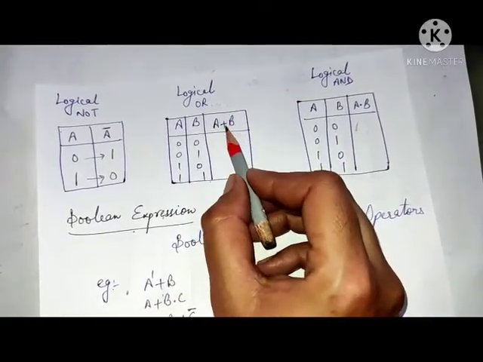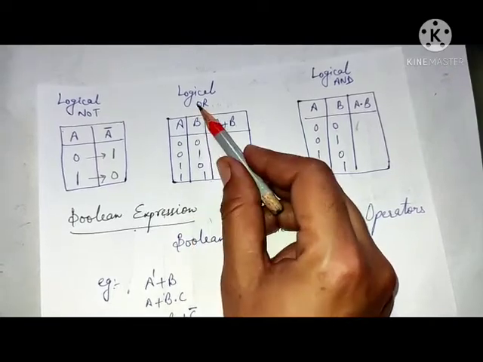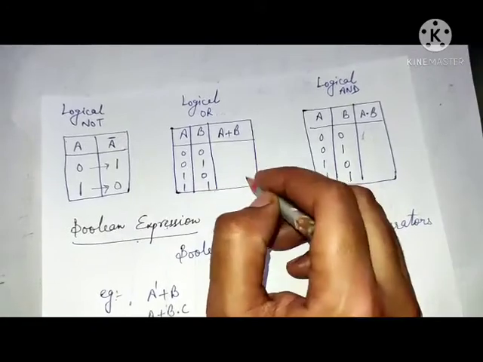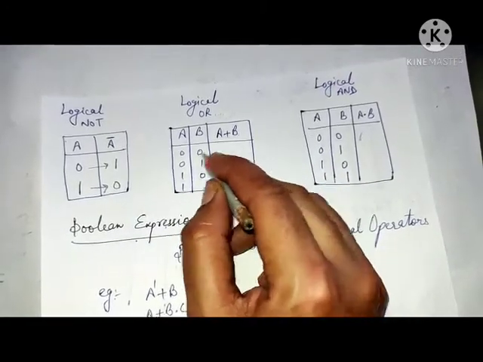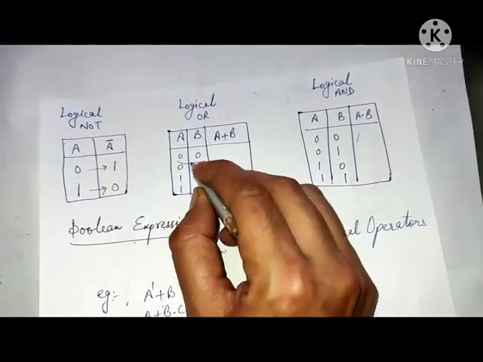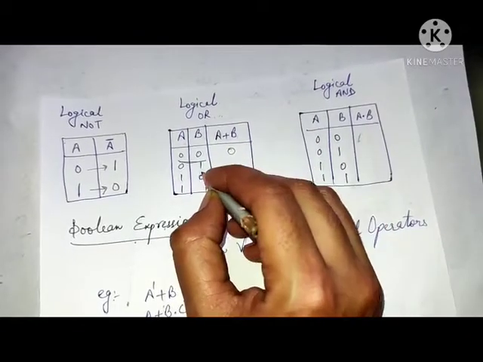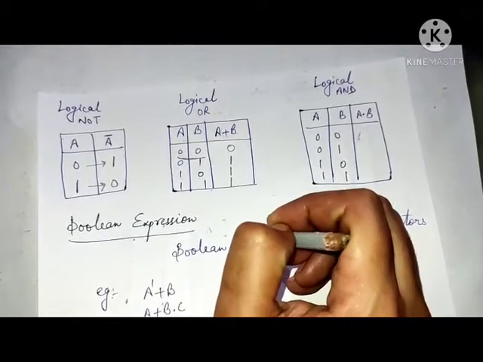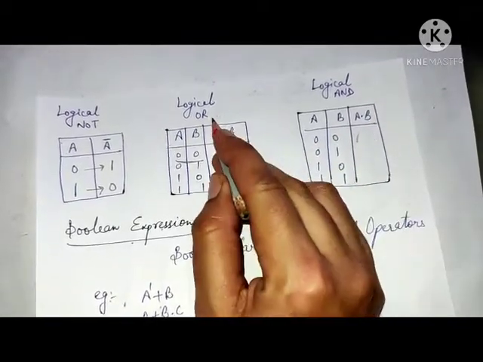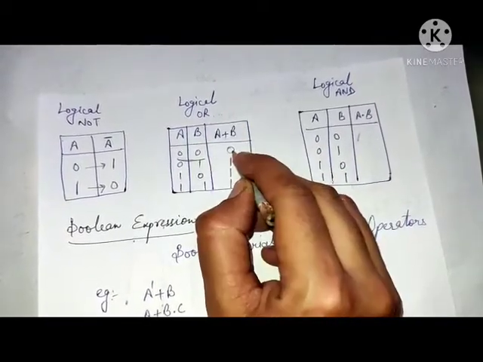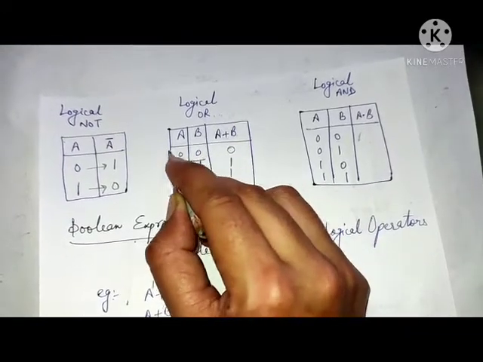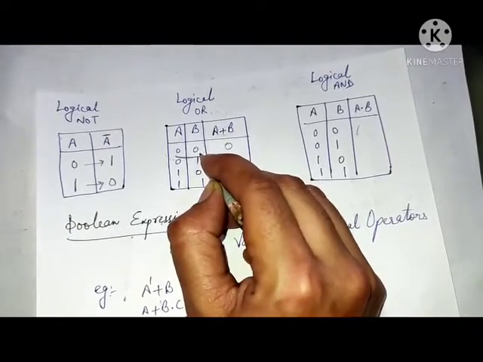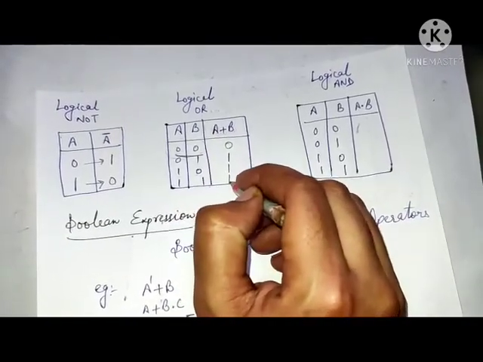So now we are going to add these two variables by the logical OR. When we are using logical OR, the output is 0 only when all the operands are 0. Here both the operands are 0, so the output is 0, otherwise it gives the 1 value. I am repeating again, logical OR gives the output 0 when all the operands are 0, when A and B both are 0. Otherwise it gives the result 1.